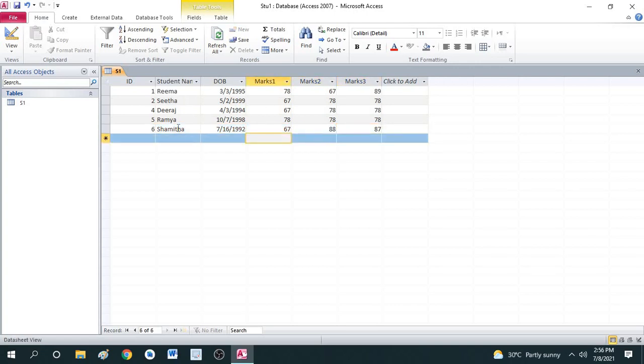So here I have added 5 records into the datasheet.